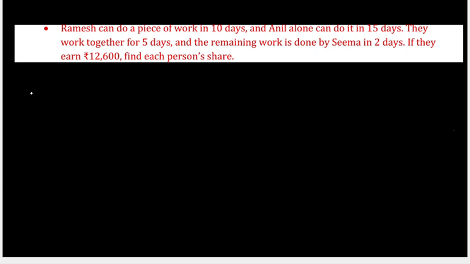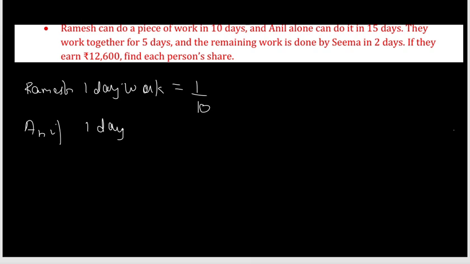So this is like Ramesh's 1 day work will be 1 by 10. Anil can do it in 15 days. So Anil's 1 day work will be 1 by 15. If they work together for 5 days, so let's say Ramesh plus Anil 1 day work,